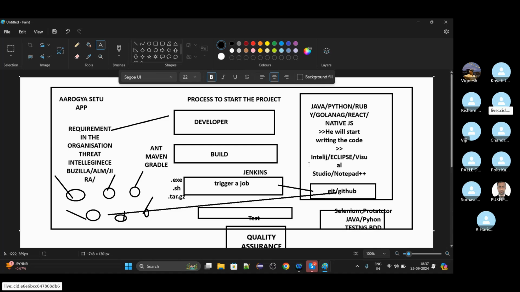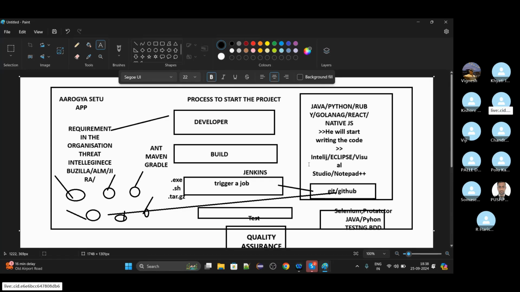So when we say requirement in the organization: defects, features, enhancements, epics. Epics means, for example, there is a big use case which you want to develop. So that epic can be defined into multiple levels: Epic 1, Epic 2, Epic 3, Epic 4 within the application. It can be Jira, it can be ALM, it can be Octane, it can be Bugzilla. So when you find an issue, that defect tracking tool is your Bugzilla or ALM or Jira and all. Clear? Fine.